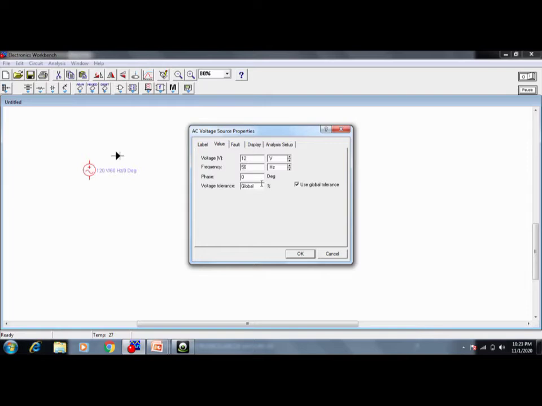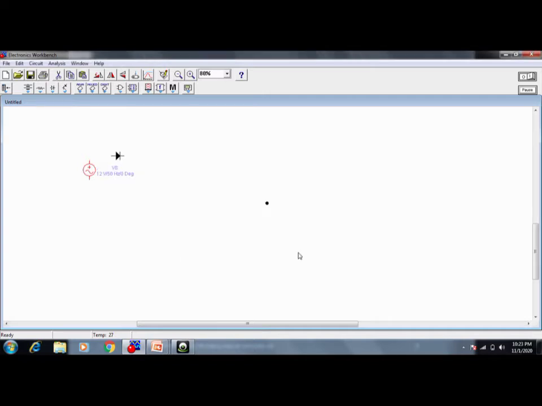Let us change to 50 hertz. And if you want to give a name to the source, usually we take Vs as a source, so here you can give it, otherwise you can leave it also. Okay, now here you are going to see this is Vs and 12 volts and all the things.